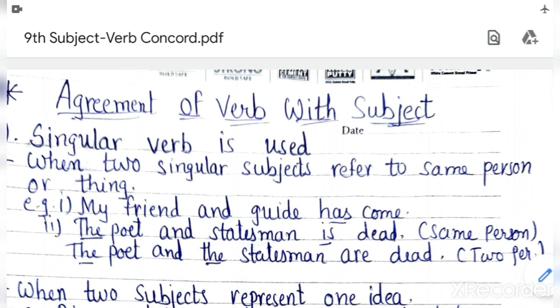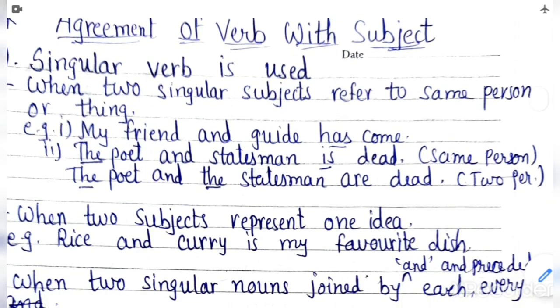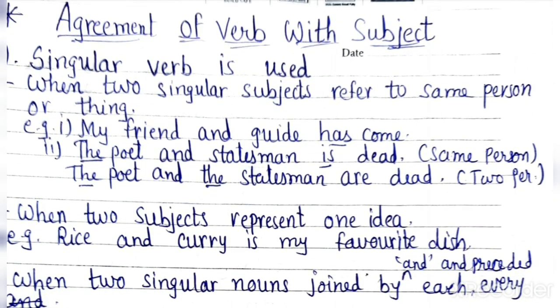Now, there are two types of verbs, singular verb and plural verb. Is, am, does, has, these are singular verbs. Plays, runs, works, etc. are singular verbs. And are, have, do, run, play, work, these are plural verbs. Now, when do we use singular verbs and when do we use plural verbs, that we will see in this lecture. Okay, the first one is singular verb, the uses of singular verb.